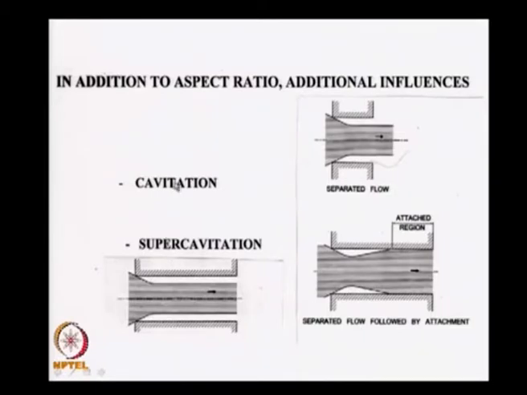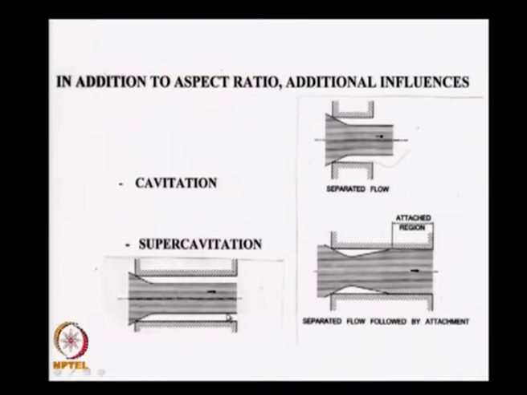Such type of flow is known as cavitated flow, and some books call it supercavitation. Supercavitation is nothing but, even though the flow should have come over here, the pressure here has gone to a level wherein the pressure of the liquid is equal to or less than the vapor pressure, vapor gets generated and